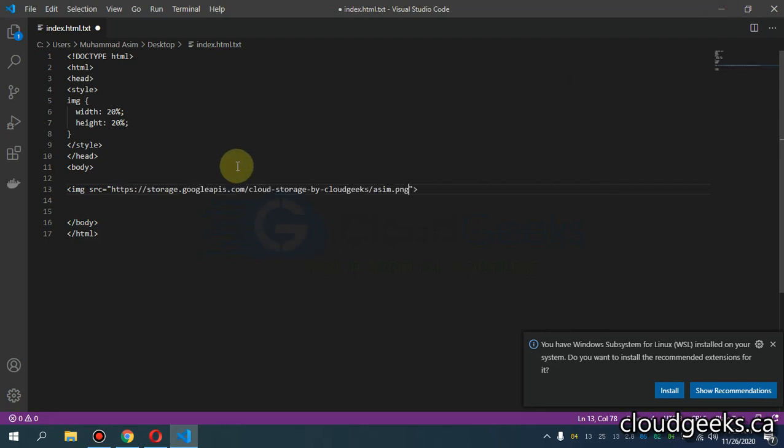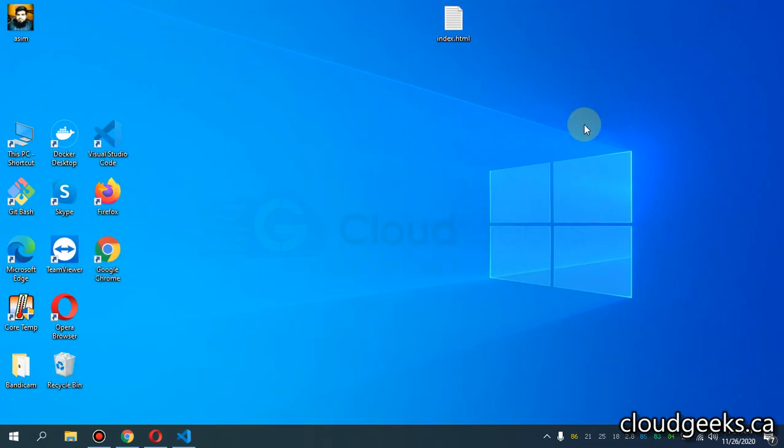And let me show you that if that image is in some other format, like say JPEG or JPG or some other format, it is not going to work. It is going to download that particular image because it is considered to be a file. So anyway, what I'm going to do,